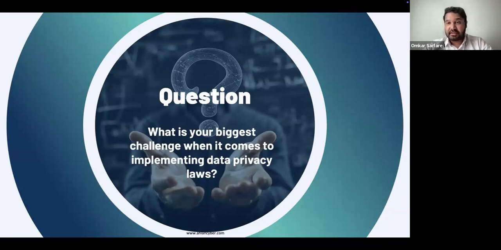But when we talk about KSA PDPL specifically, it borrows heavily from GDPR, but is not exactly the same as GDPR. The law has been amended in a manner that it specifically handles the scenarios which organizations in Saudi Arabia face in accordance with their own particular law. Though it is similar, it is not the same. It actually borrows heavily from GDPR, but it's not the same law. Thank you, Rai, for liking the answer to the question.